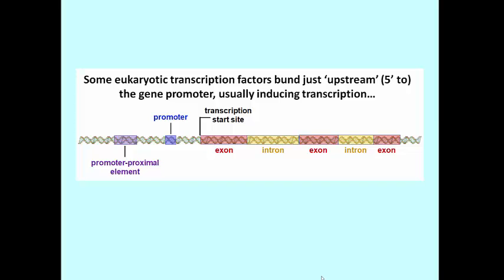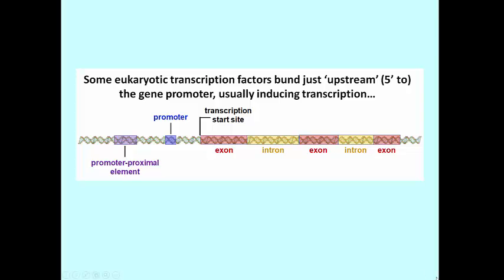We see the start site of transcription. We see the promoter. This is called the TATA box, along with associated elements. And then just upstream, and this could be 20, 30, 40, 50 nucleotide pairs upstream, we say to the left of the gene, would be a promoter proximal DNA sequence, a promoter proximal regulatory element, meaning this is capable of binding some transcription factor that's going to facilitate turning this gene on.